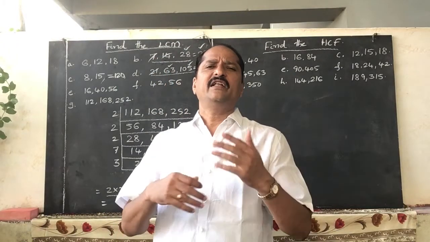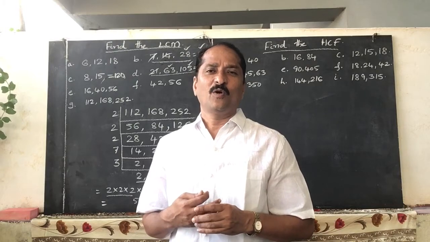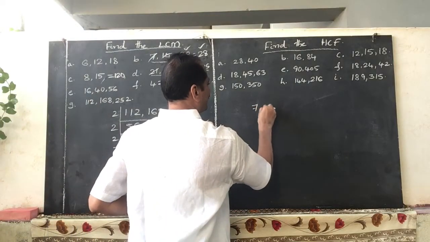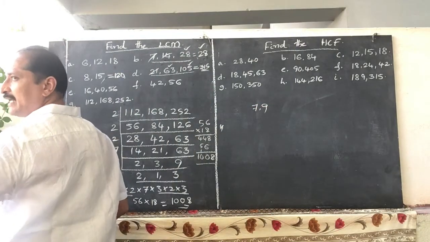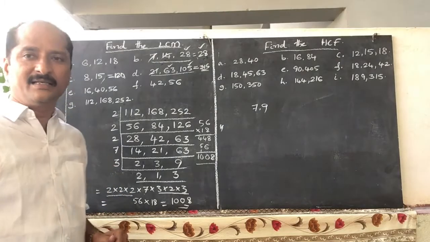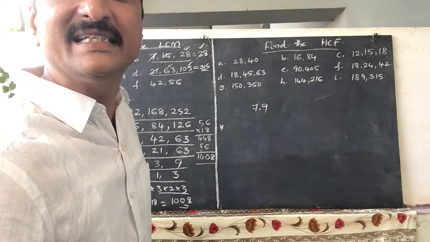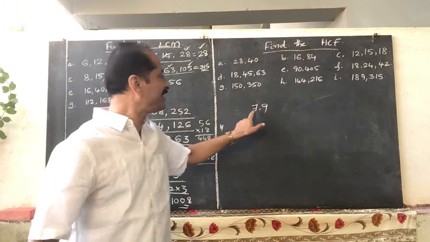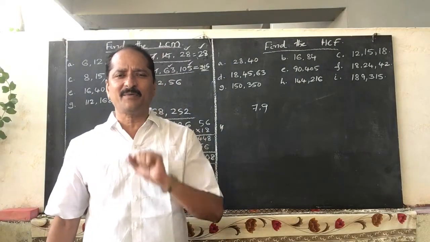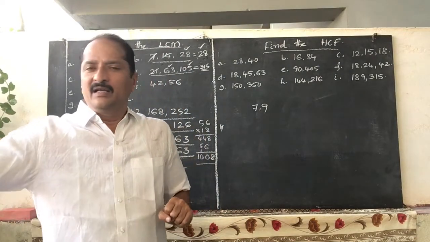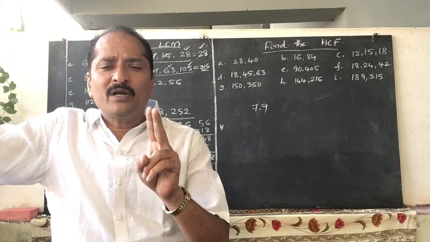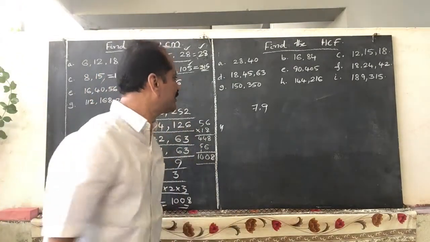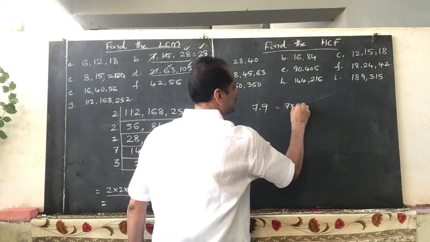Now, by taking different kinds of examples, co-prime numbers. Observe carefully some of the examples you can do here. 7 and 9. What will be the LCM of 7 and 9? The LCM of 7 and 9 is 63. Why is the LCM 63? Because 7 and 9 are co-prime numbers. Use the second property. What is the second property? If two or more numbers are co-primes, their LCM is their product. So the LCM of 7 and 9 is 7 9s are 63.